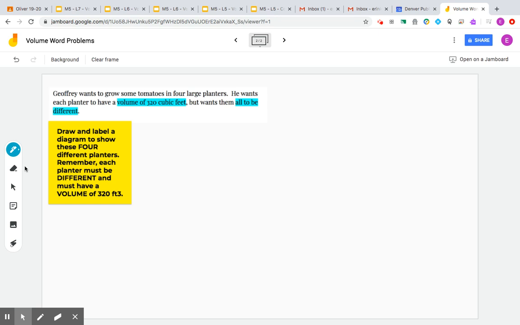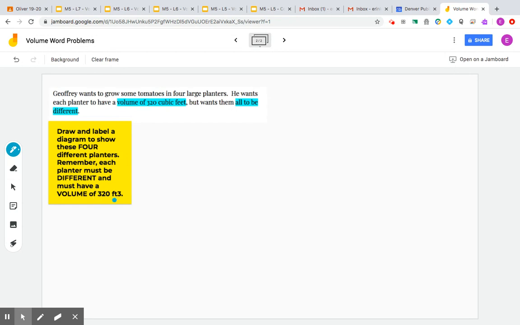So we know Jeffrey wants to plant some tomatoes, and he needs 4 large planters to do it. But Jeffrey's unique. He knows that each planter has to have a volume of 320 cubic feet, but all of the planters he wants to be different. It's going to be our task to draw and label diagrams that show at least 4 different planters, because he needs 4 planters. We have to remember, though, that each planter must be different and must have a volume of